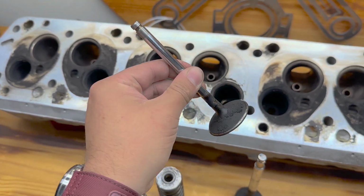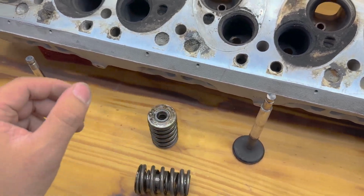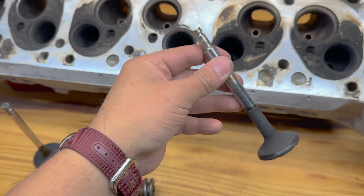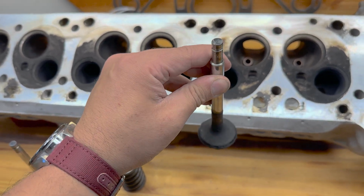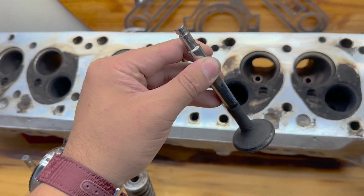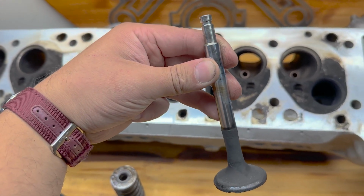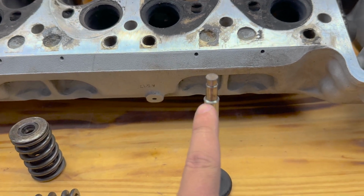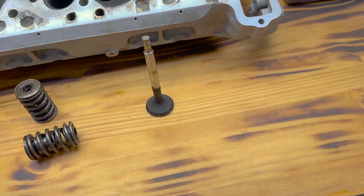Intake valve is 8 millimeters, not very abnormal, or it's 9 millimeters, I don't know. The exhaust valve is very Mercedes of the era. In fact, they were like this clear into the late 80s. But that's probably a 10 millimeter or 11 millimeter valve stem that necks down to 8 millimeter. Very common. If I could find my